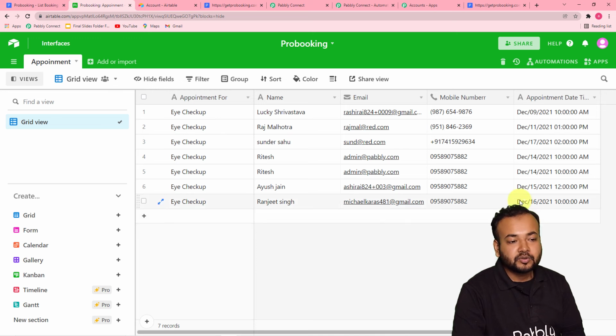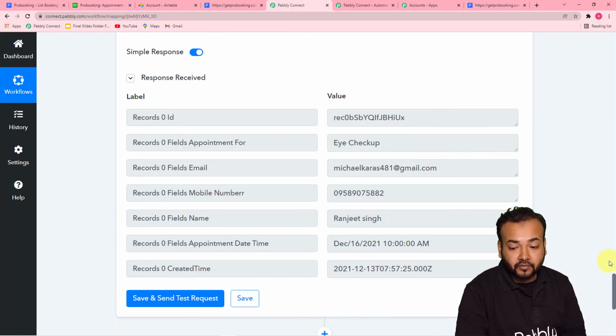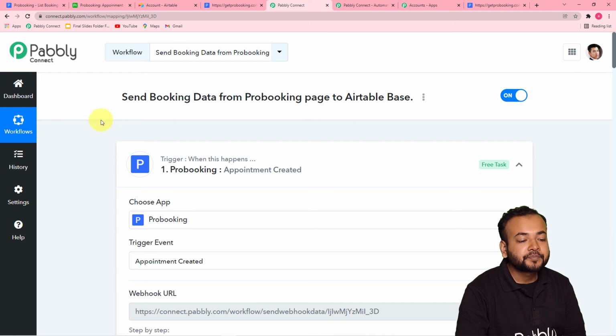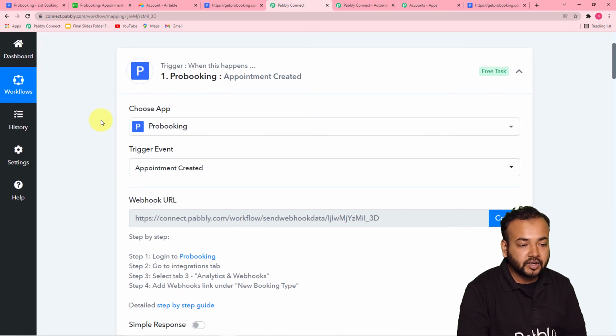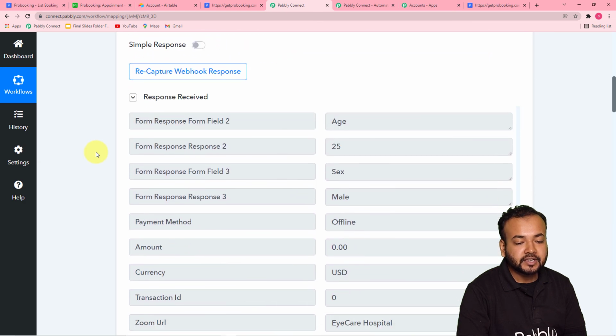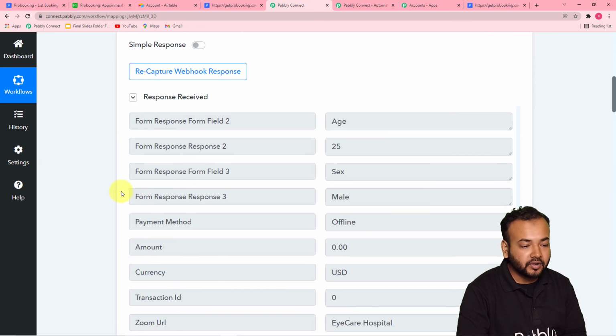So we are sure now that our connection with Airtable is working fine, and our workflow is also completed. Now let me give you a quick recap of what we have done. First of all, in the trigger window, we selected our trigger application, which was ProBooking. Then with the help of this URL, we connected with ProBooking and captured the test data from the page that we want to connect.